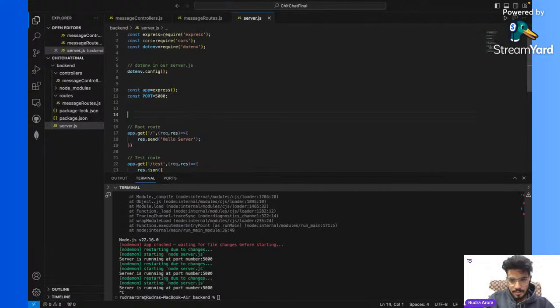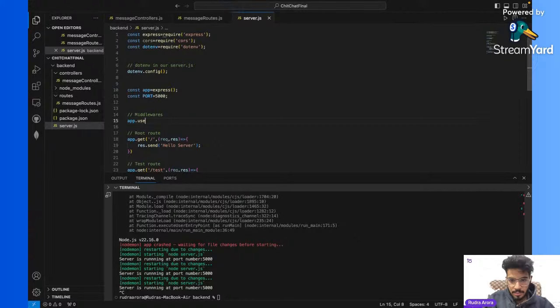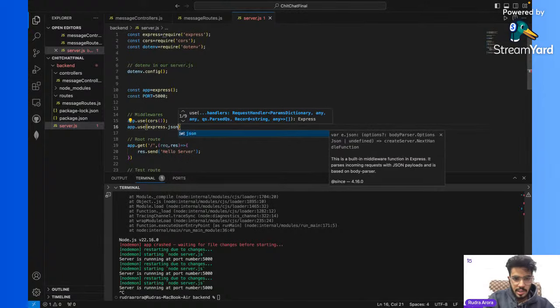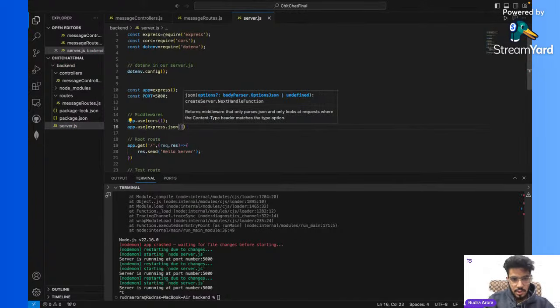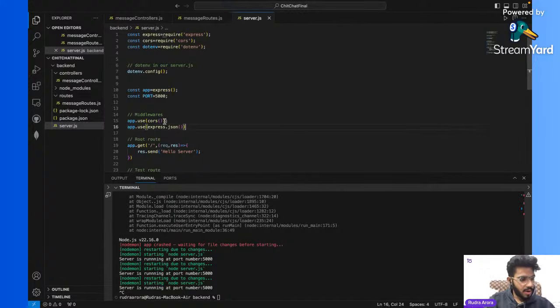And now I'll be importing some of the middlewares. app.use, app.use express.json. So this particular thing would be telling that app.use cors. So I have already told you,